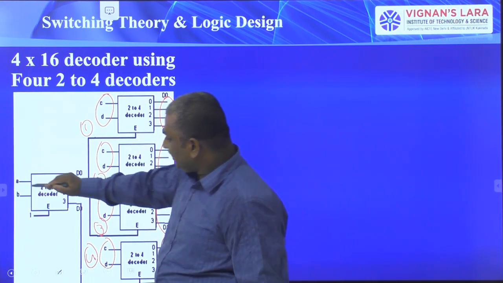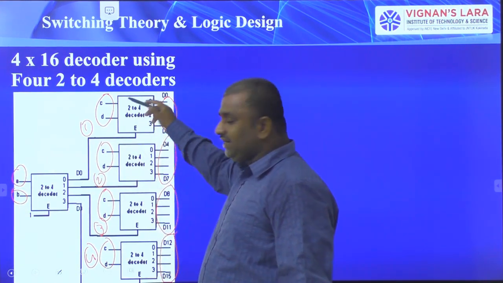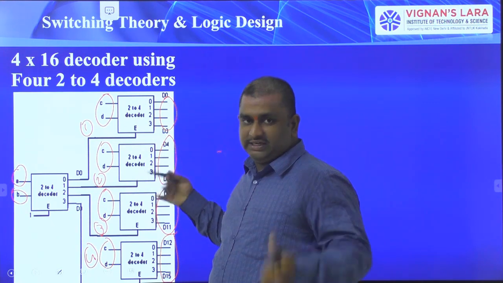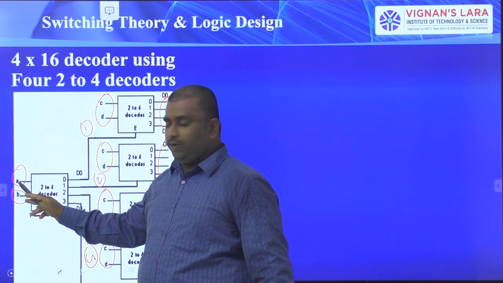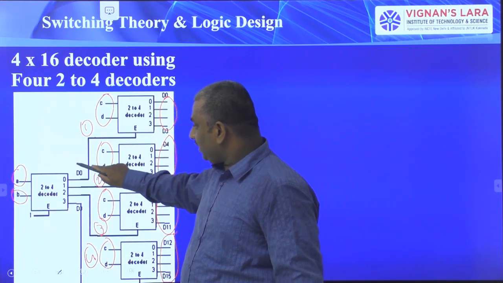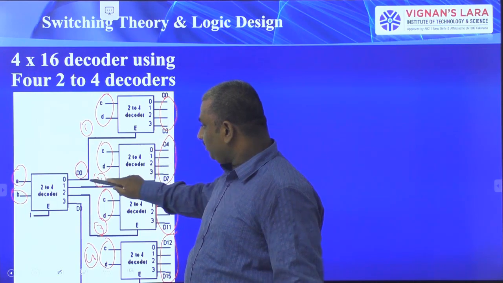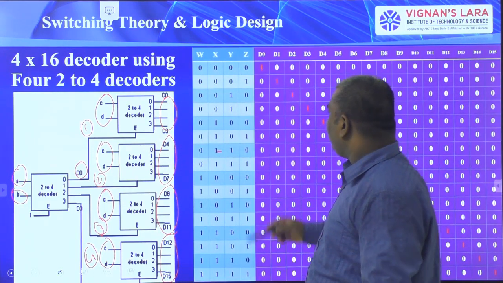So for that reason, see here, I have written the A signal, and here I have written the B signal. CD signals we have completed, the 2 input signals are completed, so I have written 2 more input signals, A and B. Now this input I am connecting with 0 0. This input I am connecting with 0 1. So see the table here.